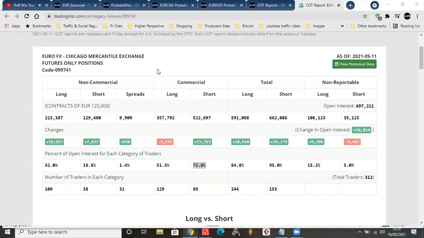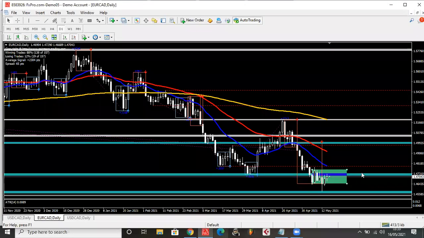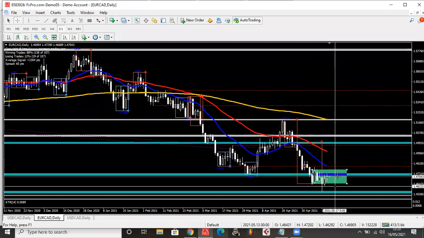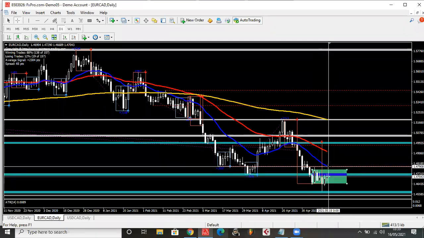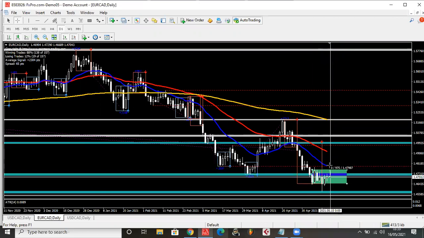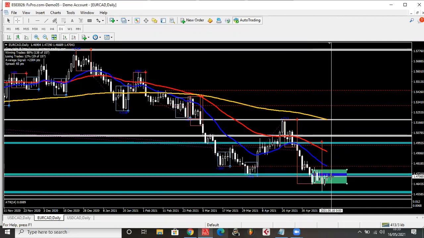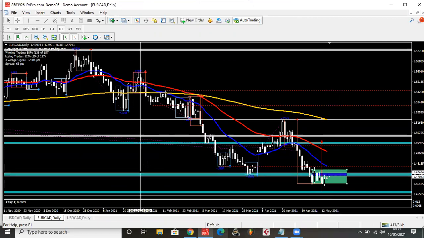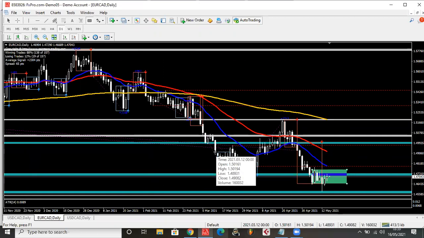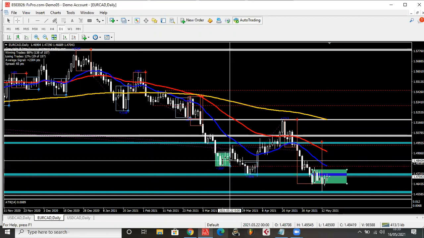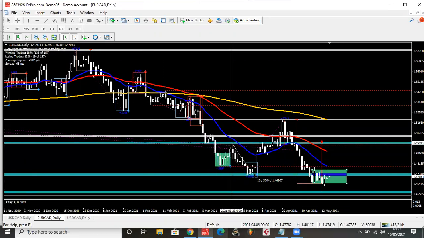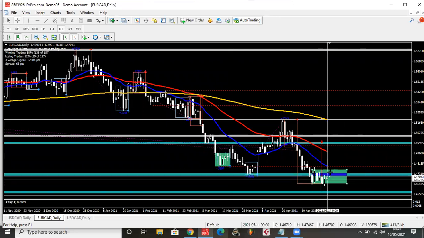On Monday, the main reason I changed it is this. I looked at what's playing out right here, and I can see that price is just not moving. It's been consolidating, right? Price has been ranging for a while. What I tend to notice from experience is when price ranges like that, it will try to pull away. Look right here, for example, price ranged around here for a little while, ranged a little bit here and then quickly ran all the way up and then came back down. So most likely you're probably going to see the same thing.